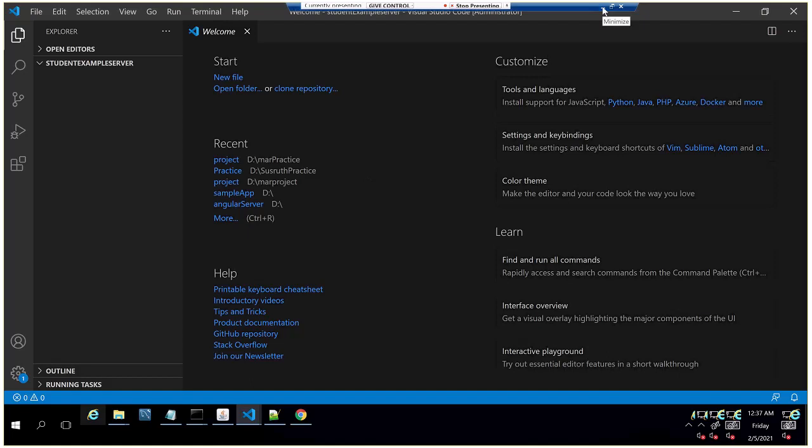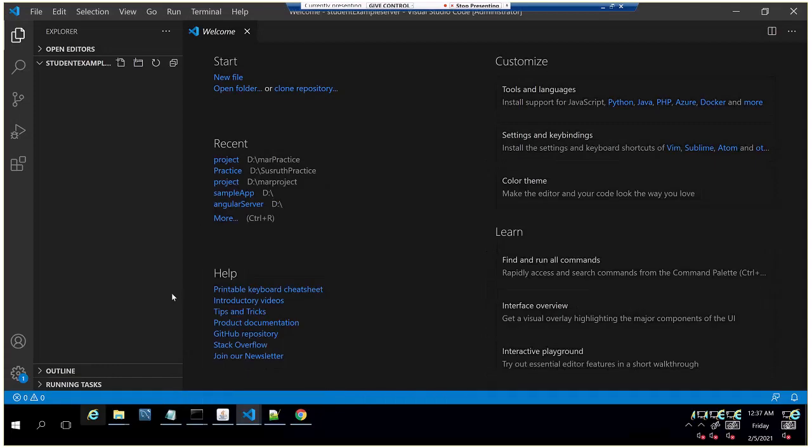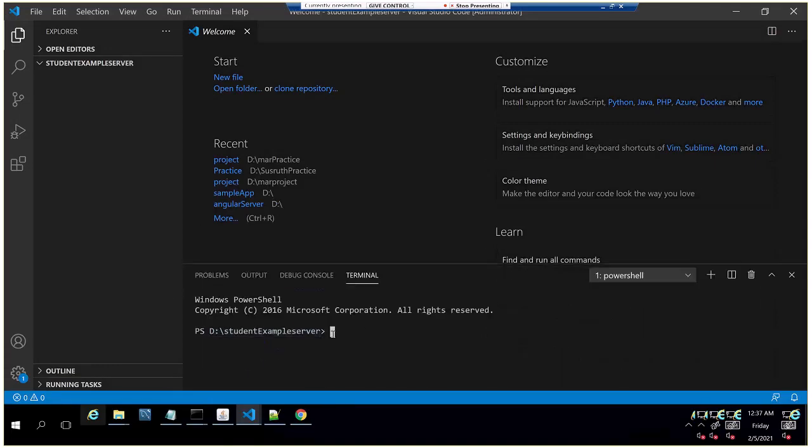For that, we first need to install the JSON server. It is a third-party library. We need to install it globally so that wherever we want, we can use that server. I'll run npm install JSON server, so it installs globally.